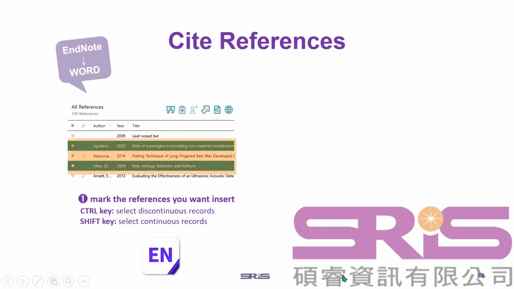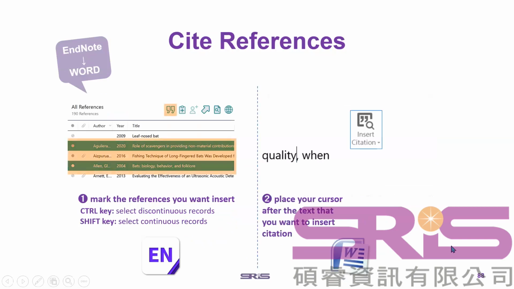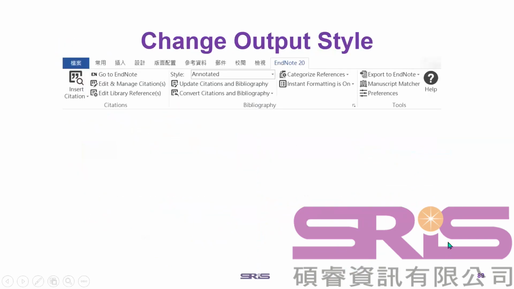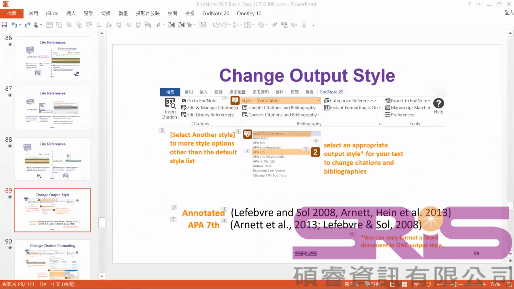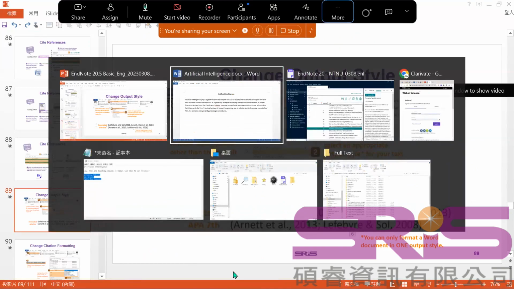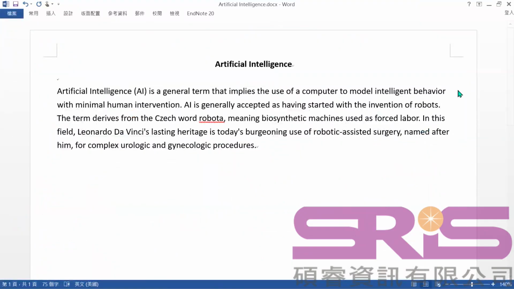So you can mark the references and place your cursor, then insert citation, but this time you will insert selected citations. Okay, so I will just demonstrate. The first method is to place your cursor first, then you can find,